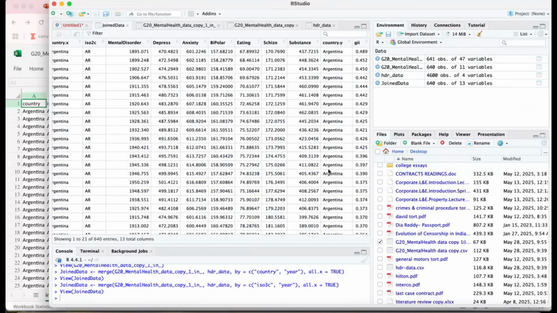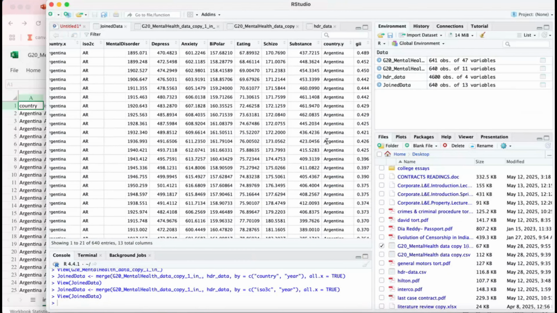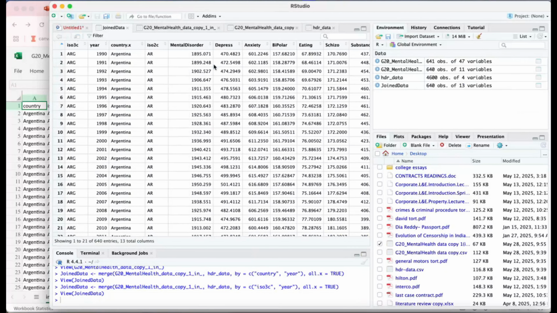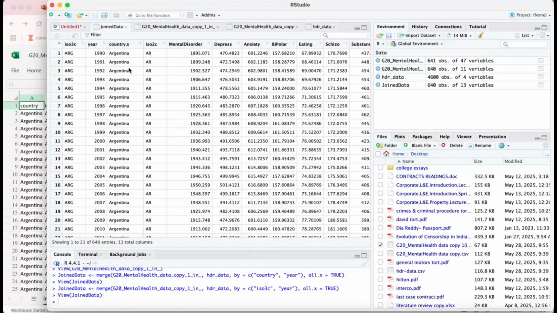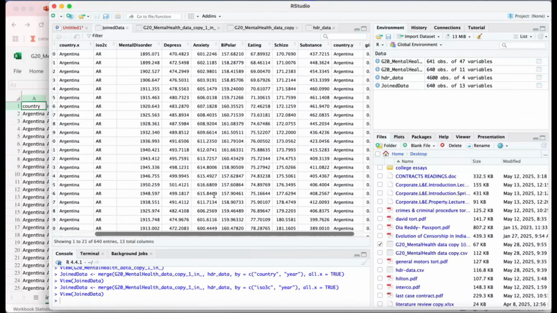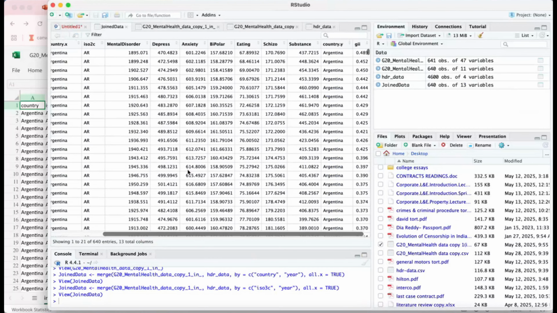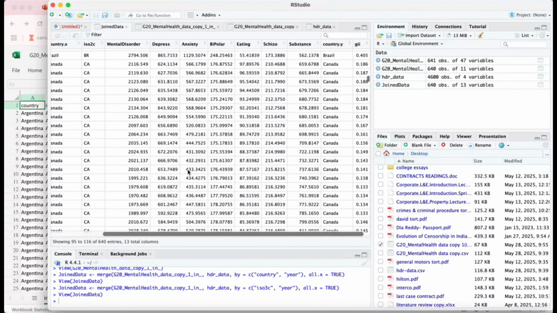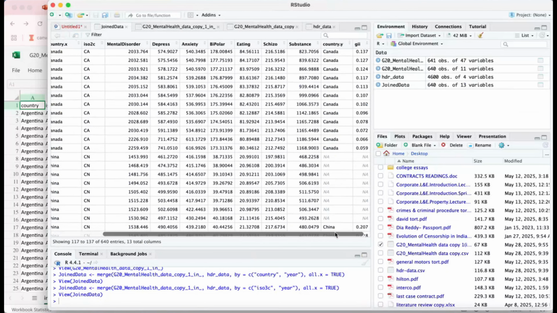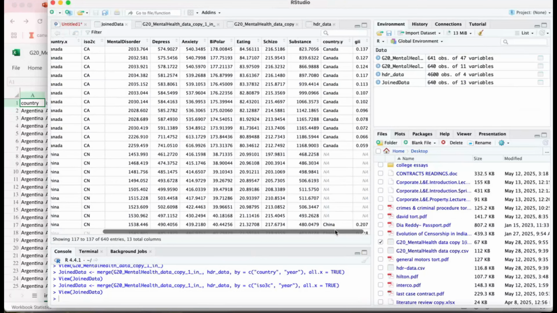Yeah, because in your Excel file it has this column. Okay. Right. So for the GII file, the GII file doesn't have values from 1990. It had it from like 2008. No, I think that was for Afghanistan. This is for Argentina. So for Afghanistan, we didn't have values. And see, for China, it will show you NA. If you had used inner join, we would have had problems here.